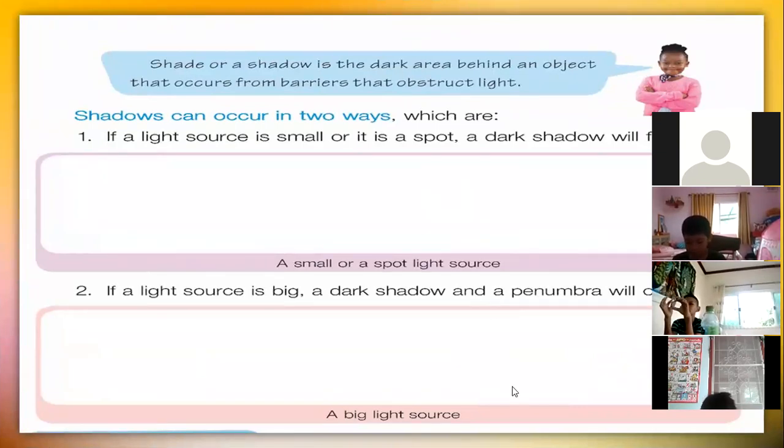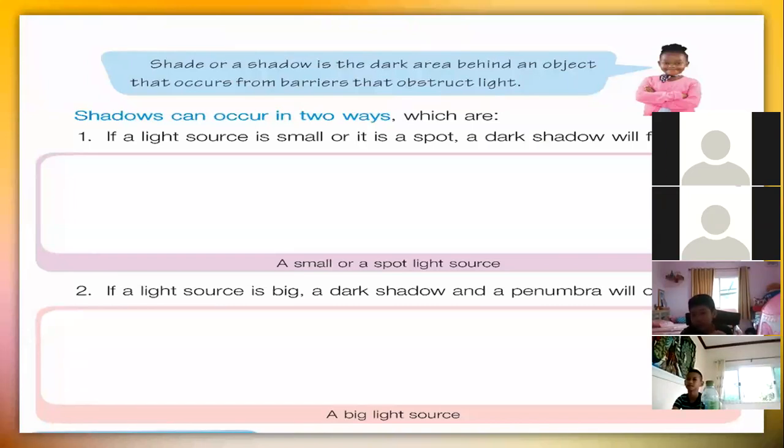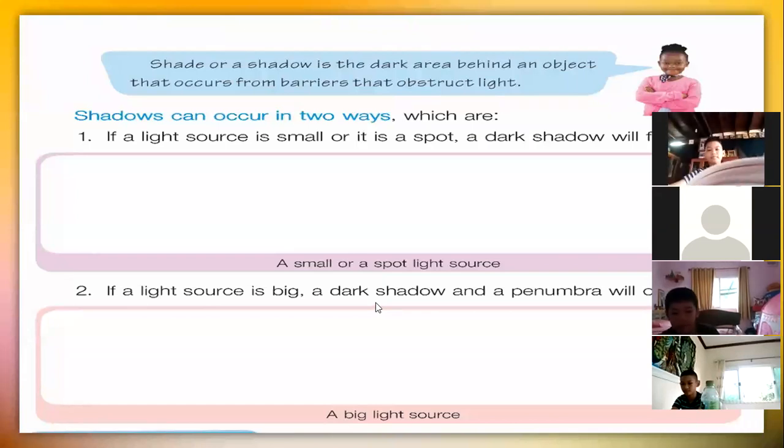All right, so a shade or shadow is the dark area behind an object that occurs from a barrier that obstructs light. So here we actually have two different types of shadows. Okay, so a shadow can occur in two different ways. Way number one, the first way, is